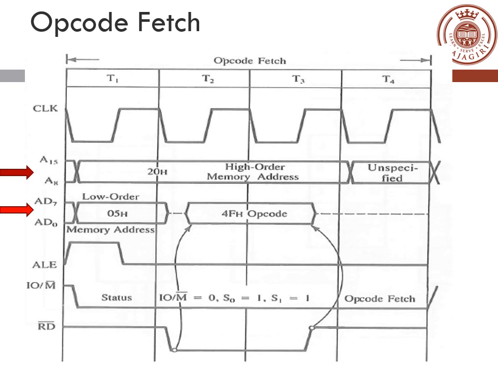Now you are going to do the read operation. So the RD bar signal goes low in T2. That gives information to the memory device to read the data from the location 2005. Okay, so the memory is being read, and the data which has been read from there is 4F. That is the opcode that has been taken from the memory, and it is being loaded into AD7 to AD0.